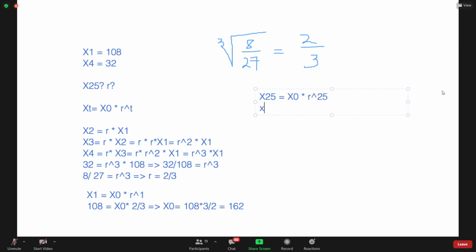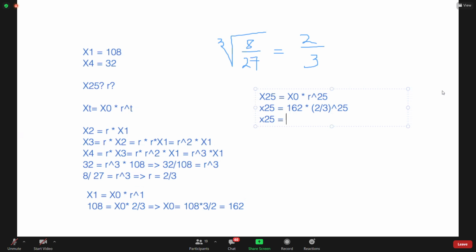How much is x25 going to be then? x0, which is 162, multiplied by 2 divided by 3 raised to the power of 25. If you want to be fancy,